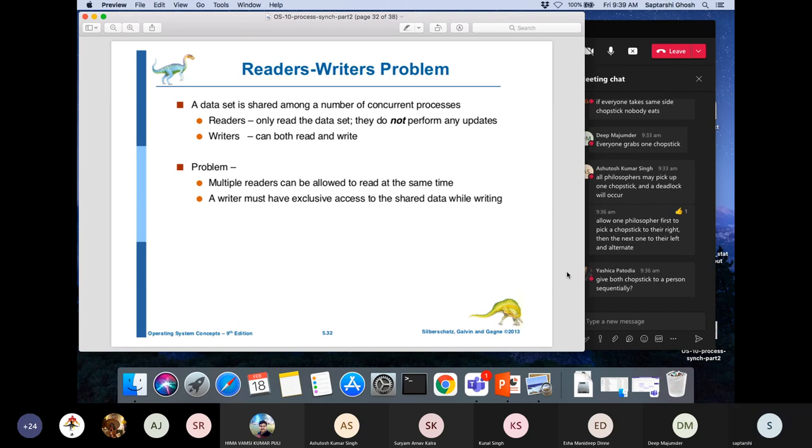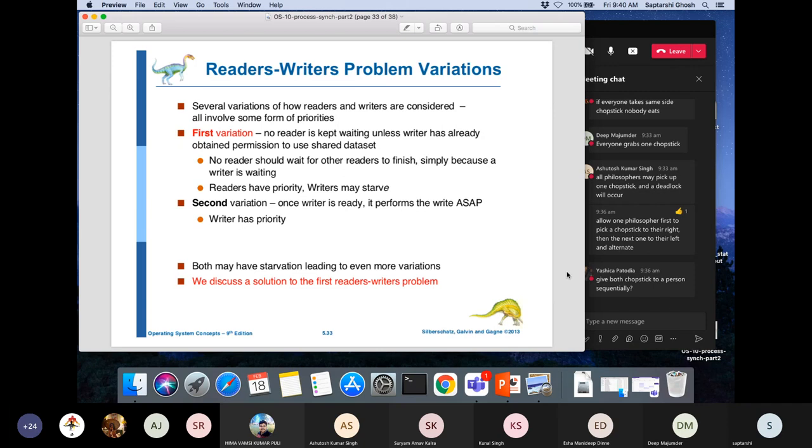Okay. Now, there are multiple versions of this reader-writer problem. There are several variations, and the variations are mainly based on who is given priority, producers or consumers. Sorry, readers or writers. Okay. The first variation of the reader-writer problem is this: no reader is kept waiting unless a writer has already obtained permission